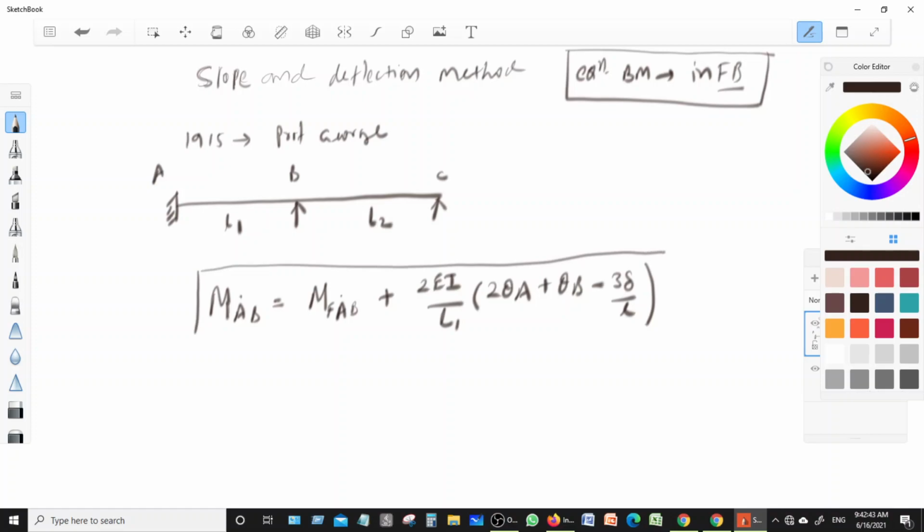This equation is to find out the actual moment